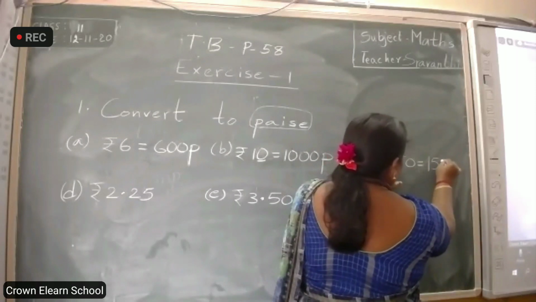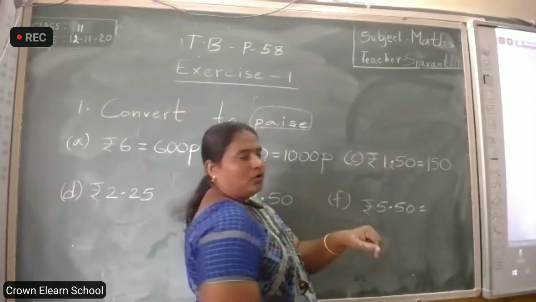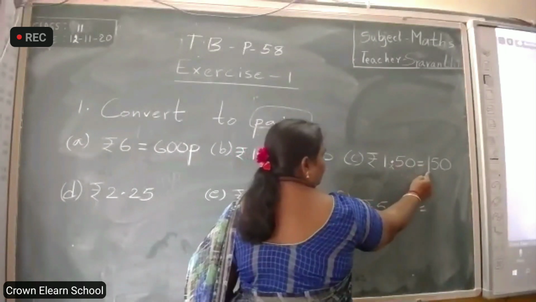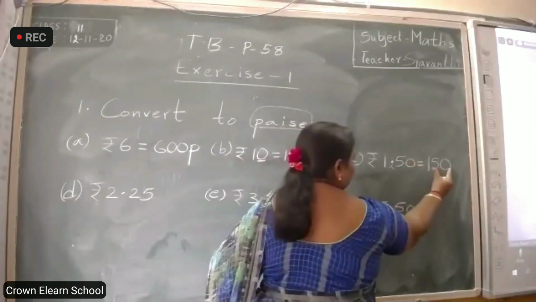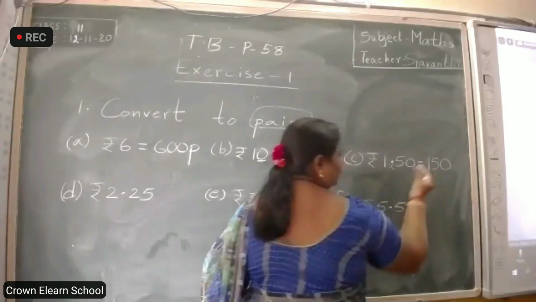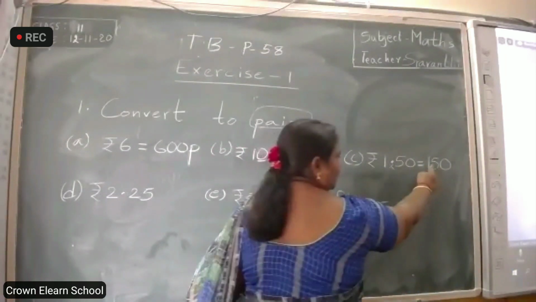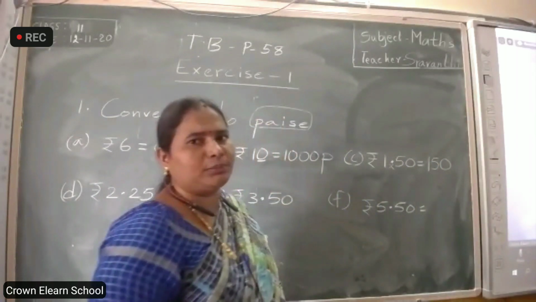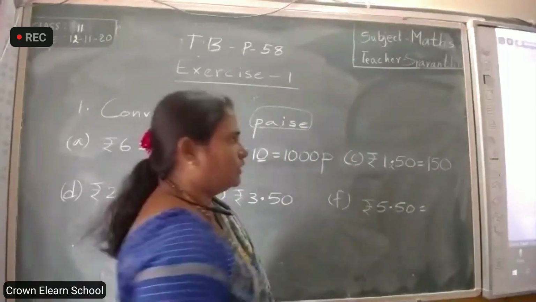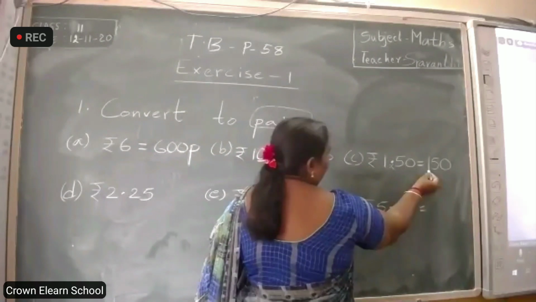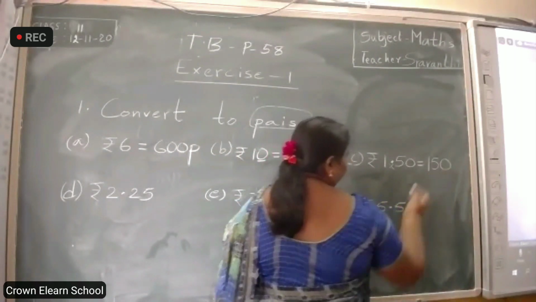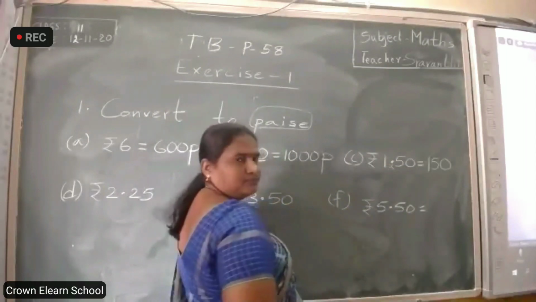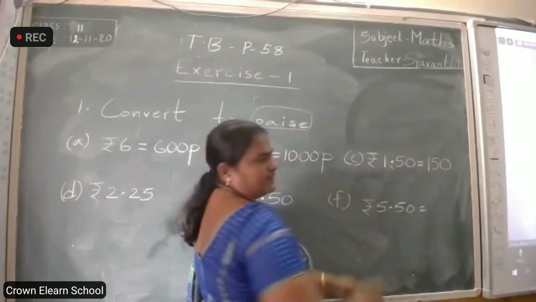We have to combine the number. Okay? Join the numbers. 1 and 50. Write them together. No dot in the answer. Remove the dot. Dot should not be written. Okay. So what answer we got? 150. Just we have done only this one. Remove dot and write the numbers together in the answer.